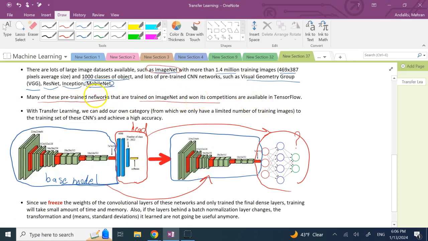Many of these pre-trained networks are available in TensorFlow. You don't need to go and find, hey, Google, give me your MobileNet. They already have it, because TensorFlow is also from Google, so Google has lots of these pre-trained networks available,